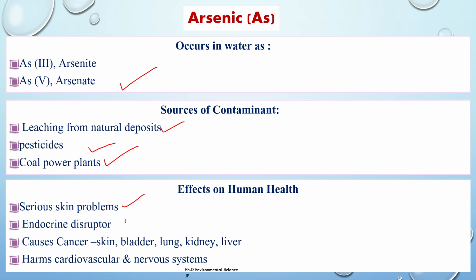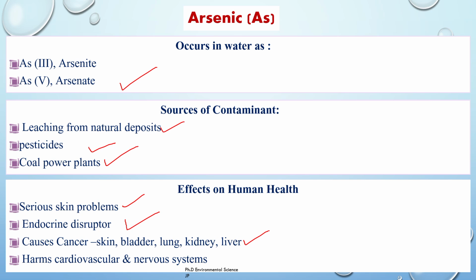Endocrine disruptor. Arsenic can interfere with the endocrine system, which regulates hormones in the body. This disruption can lead to various health issues, including metabolic disorders and developmental problems. Cancer. Arsenic is a known carcinogen. Prolonged exposure can increase the risk of various types of cancer, including skin cancer, bladder cancer, lung cancer, kidney cancer,